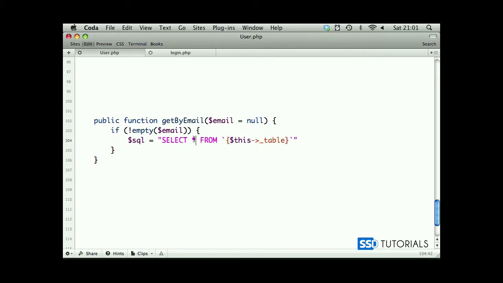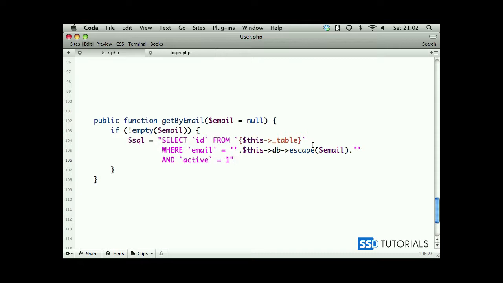Actually, we don't have to select all. Let's just select ID, perhaps, where email equals single quote, double quote, and we concatenate it with this db escape, and we pass email to it, single quote, and active